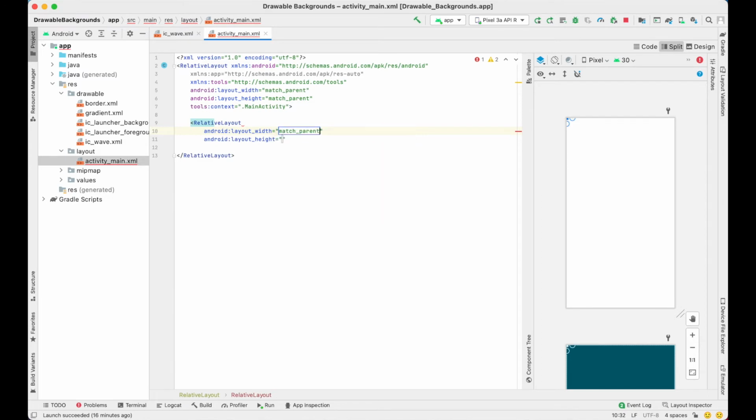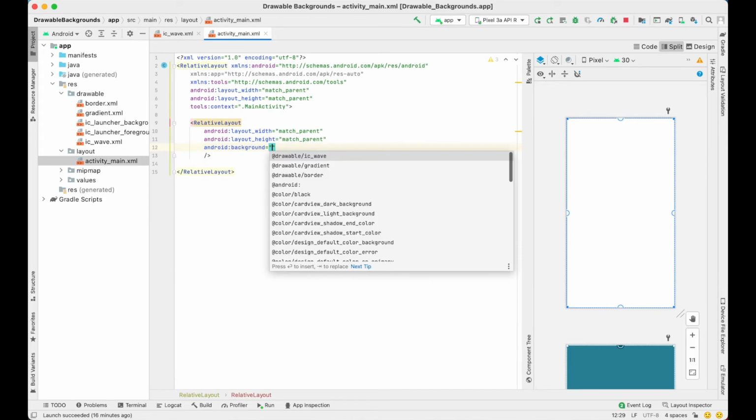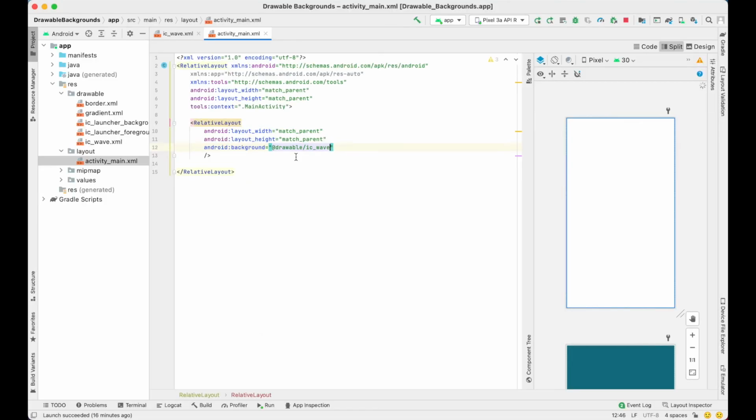And its width is going to match parent. I also make its height match parent. And this is what we'll set the background. We'll set the background of this relative layout to our wave. So I'll do that by saying android:background equals @drawable/ic_wave, which is the drawable file for our wave